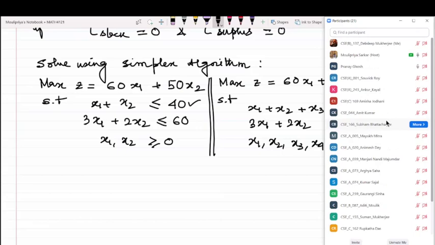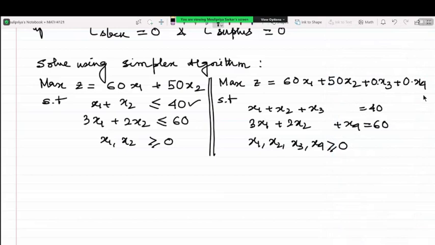Anyway, so we all agree that at a time there can be 4 C2 number of basic solutions and 2 non-basic variables to be precise. Achha, how do we figure out whether the variables are basic or not? What did we do actually? Do you remember that? What did we do?